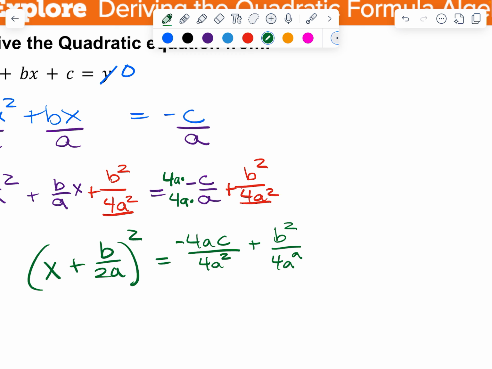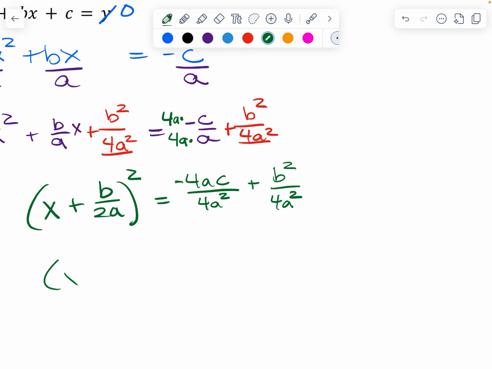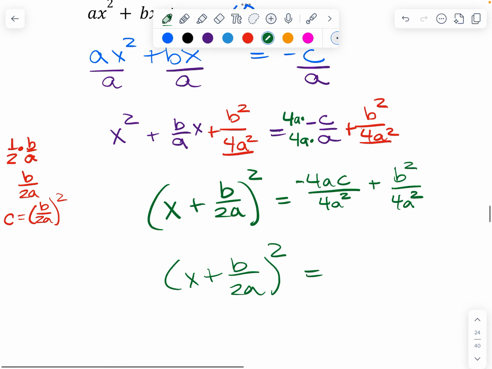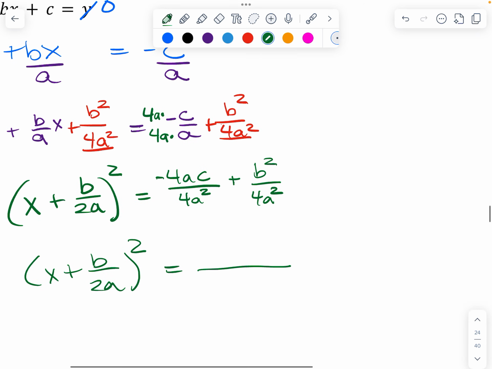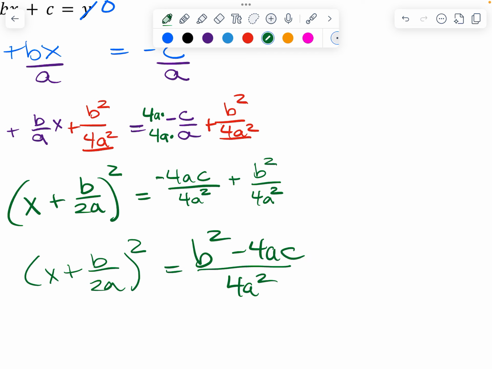Oops, that's an a, not a squared. Okay, so over here I have x plus b over 2a all squared equals, they have the common denominator, so I'm going to put that over 4a squared. I'm going to put the b squared first and then minus 4ac,